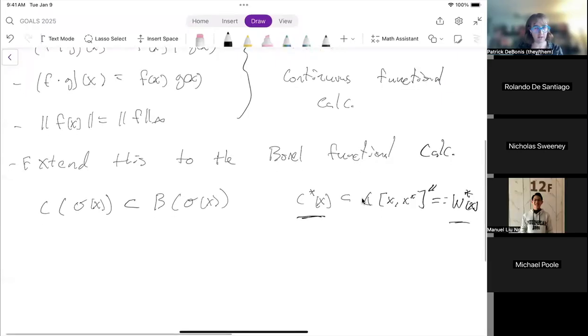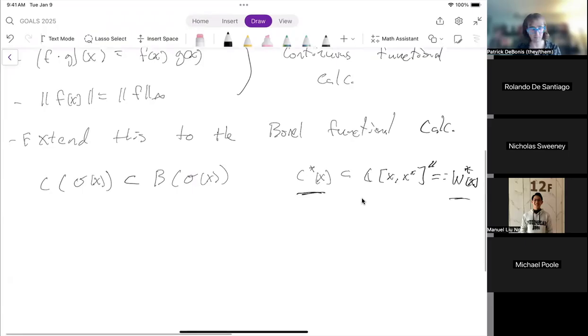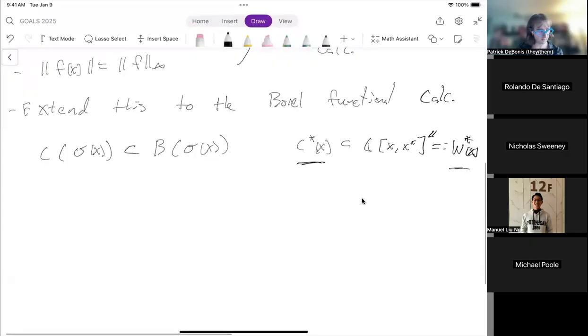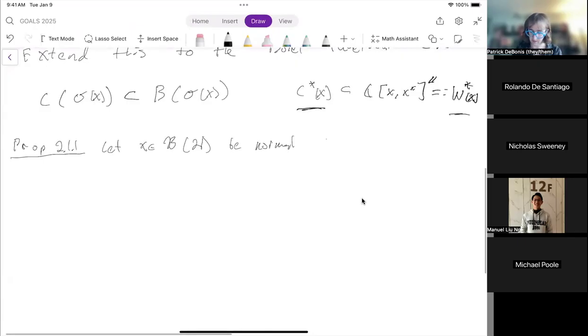The idea is we want to use Borel measures to extend this to the Borel functional calculus. And I guess we'll start with the first proposition towards that direction. Just use the same numbers as in the notes. Let X in the bounded operators on a Hilbert space be normal. Then